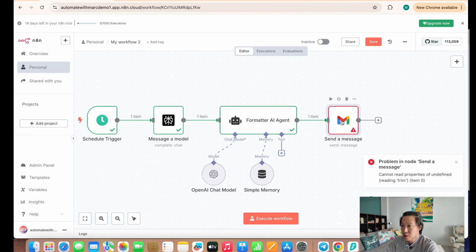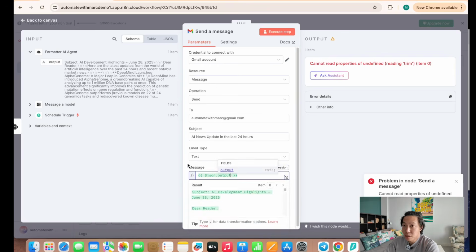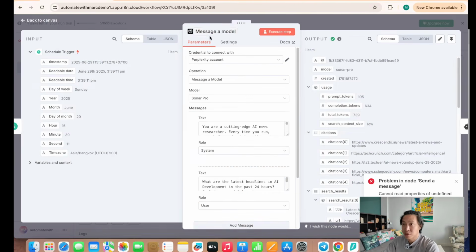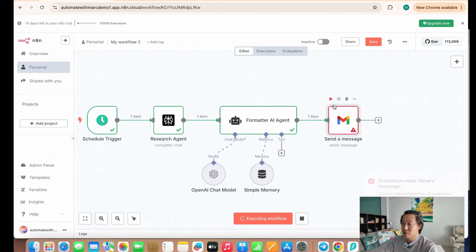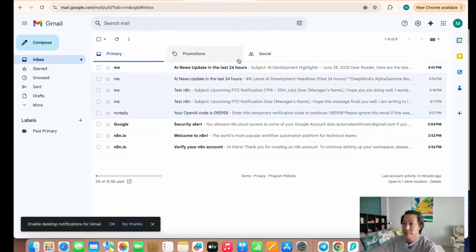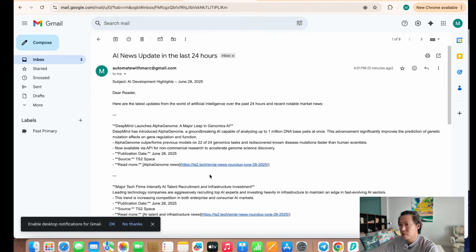Okay, and let's set it to the, okay. So now we need to change because we added a node now. We need to change the output into the output from the formatter AI agent and not the Perplexity message model agent. And probably I could rename that to research agent. Okay, so let's try out that node, and it should kick out a new email. So there we go. Slightly more readable, formatting slightly better, but of course, with a bit more prompt engineering,